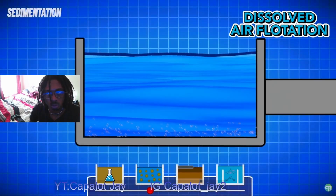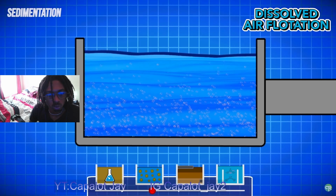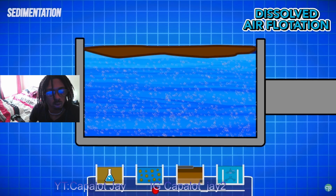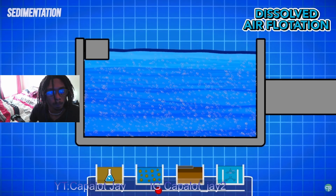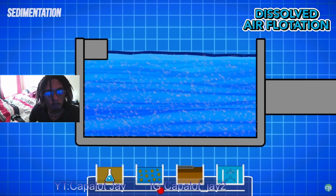In these cases, air is pumped into the bottom of the tanks, creating a cascade of tiny bubbles. As these bubbles float to the surface, they take floc particles with them, forming a film of floc on the surface of the tanks. Then, a sweeper arm pushes the floc into a collection basin where it's taken to a handling facility. In dissolved air flotation tanks, the clean water is taken from the bottom, where the least amount of